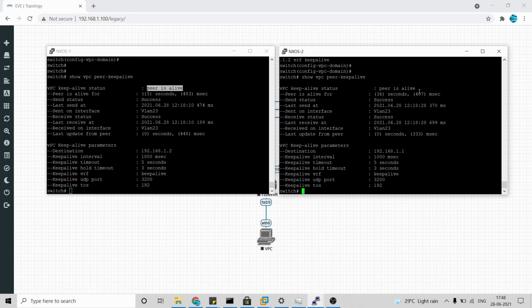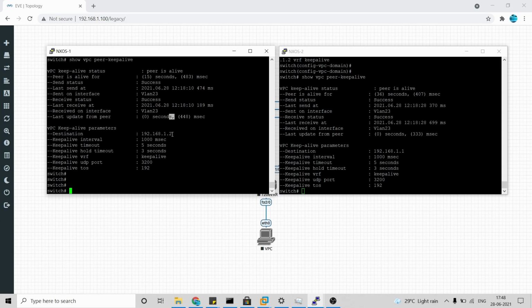Okay, so it's alive on both sides. You can see the success rate, the send and receive status, and also the source and destination. Okay, so that's done, successfully done the first step.